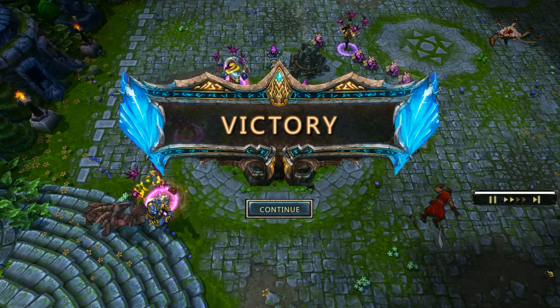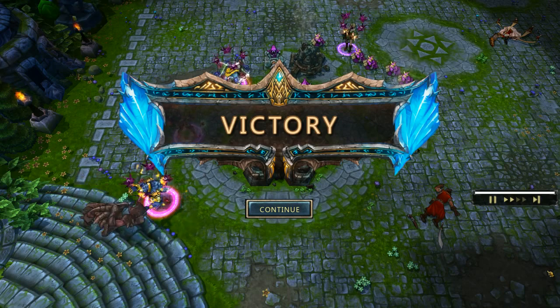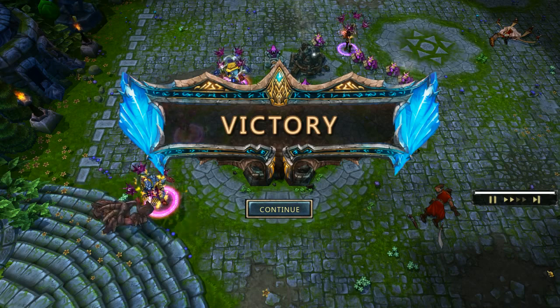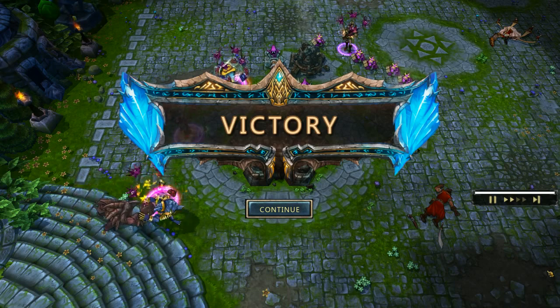You just gotta be careful, like levels 2 or 3, if you go in for the kill. If Vlad ignites and you don't heal properly and stuff, you can die. But overall, it's a pretty easy